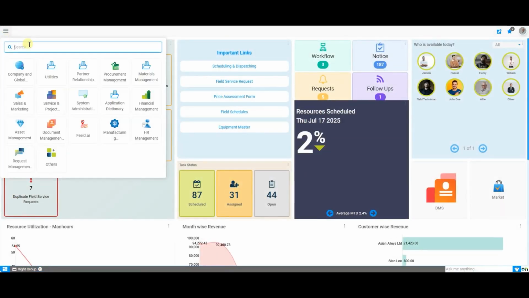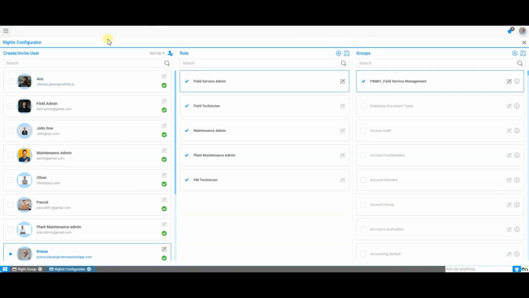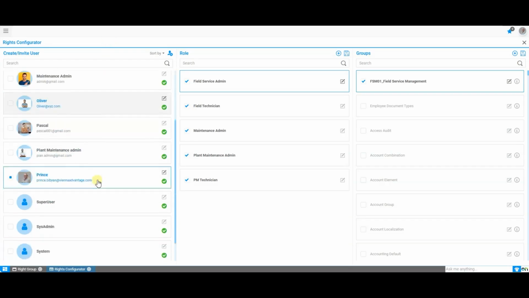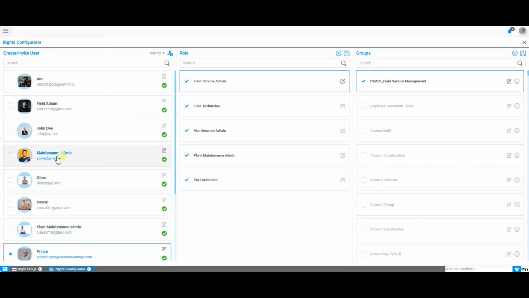For that, go to the menu, search for Write Configurator, and open it. This is the landing page of the Write Configurator screen. On the left-hand side, you can find the list of users. When I select a particular user, suppose I select the Oliver user,